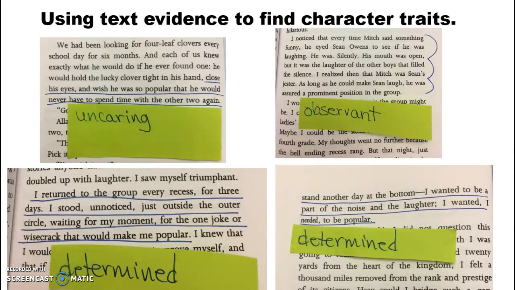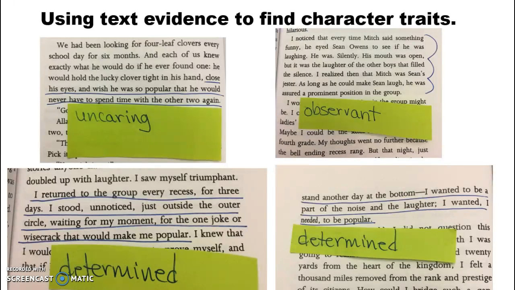So when I look at that text, close his eyes and wish he was so popular he would never have to spend time with the other two again, I think to myself, wow, these guys are the ones that he's been with for months. How can he just be so dismissive of them? And it made me think, is Will uncaring? Is that a trait that Will is demonstrating? A personality trait that he's uncaring? So I'm going to save that piece of evidence, and I'm going to look at this next part